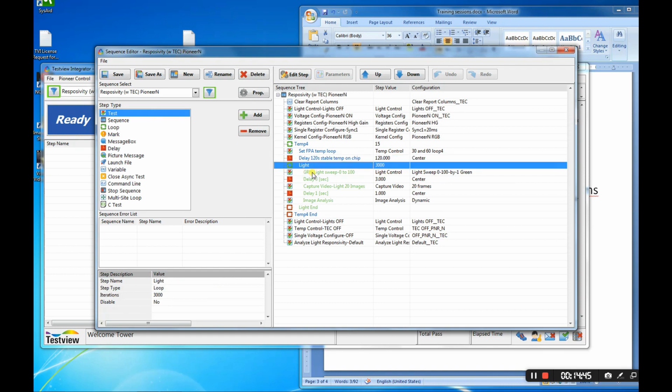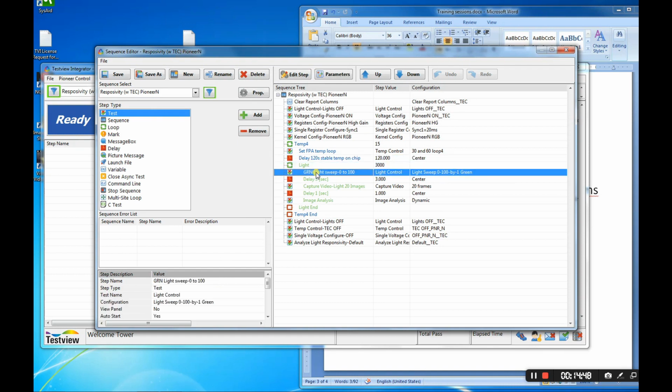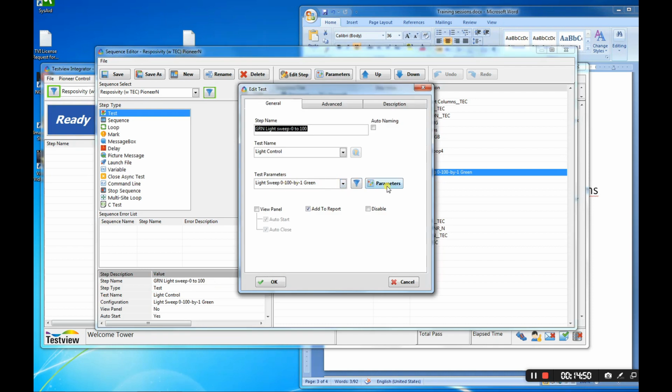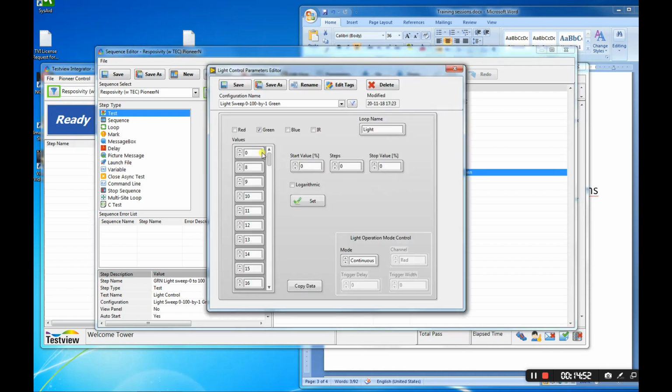In this loop I sweep the green light from 0 to 100. Going into the parameters, you can see inside that I sweep, I start at 0, then I move to 8, 9, 10. We can either set the values in this window, say start from 0, 120 steps, stop value 120, set, and you can see how it all starts here from 0 to 100.